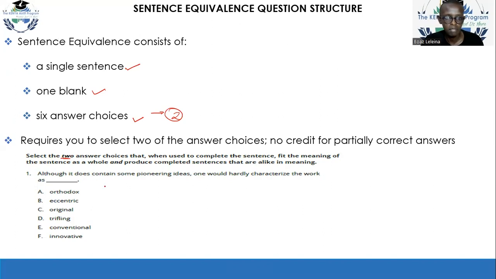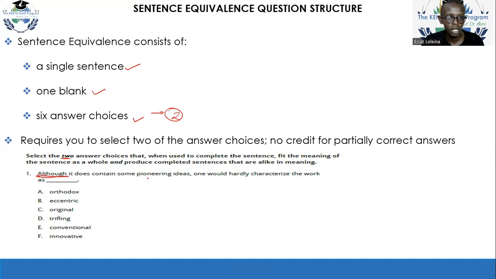This basically means find 2 answers here that mean the same thing, that when you use them to fill in this blank, they are going to give you the same meaning to this sentence. Although it does contain some pioneering ideas, one would hardly characterize the work as blank. Although it does contain some pioneering ideas, again, although here,